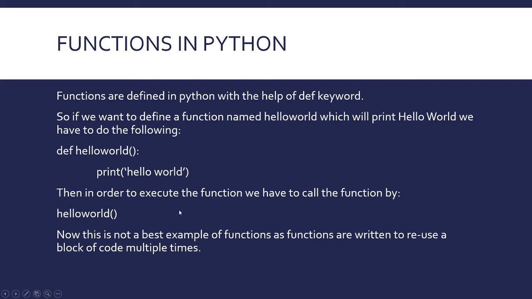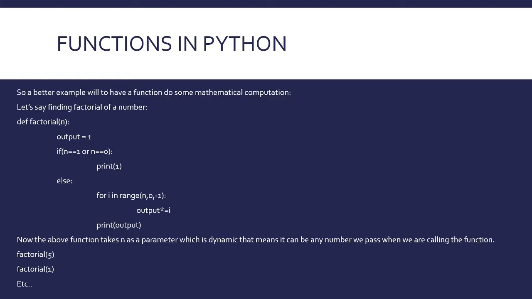A function is a reusable block of code. That means we can use the block of code in different sections of our Python script as we want. For example, a Python function like the factorial of a number. We can pass any number as the parameter to the function, and it will give the factorial of the number. This is what we will see in the next slide. So let's jump to the next slide.